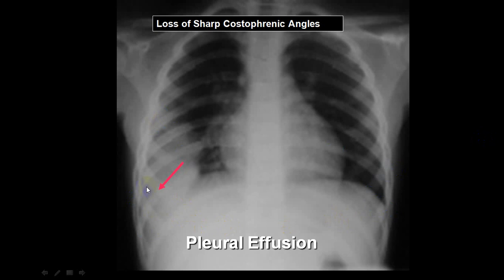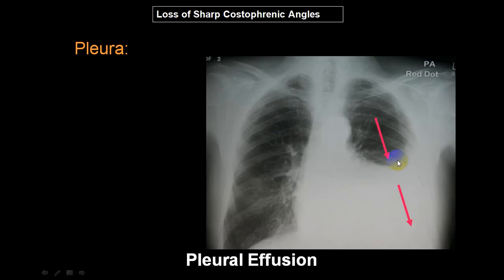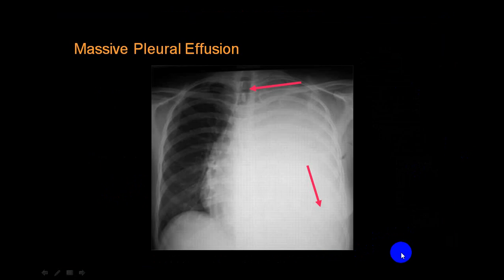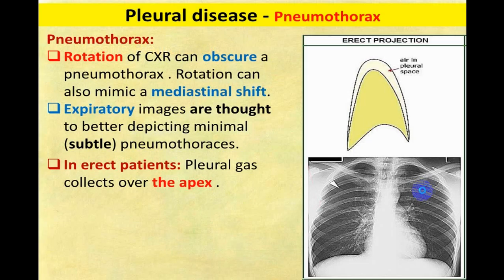You can make out clearly. So there is some haziness here. You can see this part of a diaphragm. Right margin of the heart is seen. This is because of fluid in the pleural cavity. We call it pleural effusion. Same. This is called crescent sign. Massive pleural effusion, pushing the mediastinum to the opposite side. Angle is obliterated. Again, massive pleural effusion, angle is obliterated. Mediastinum and trachea shifted to the opposite side.